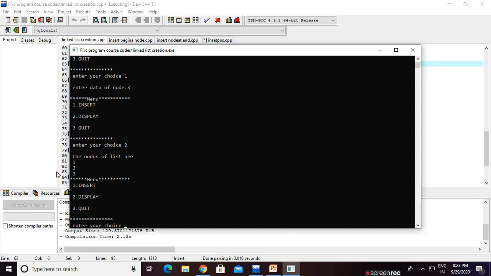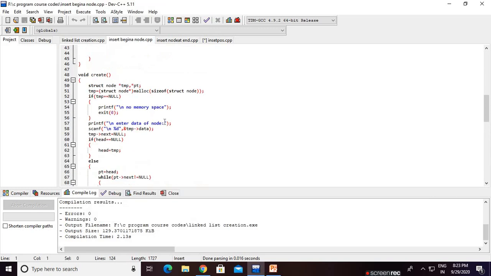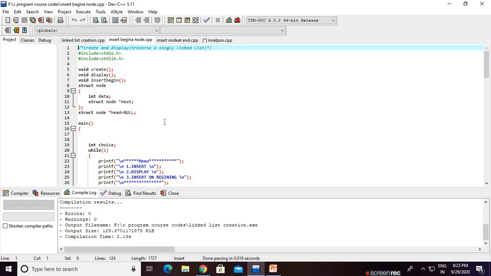So it is index 0, index 1, index 2: the 0th index node, the 1st index node, the 2nd index node. First node value is 1, second node data is 2, third node data is 3. So just the data is printed. Three nodes are there. Now, first I would like to show you the code to insert a node at the beginning.